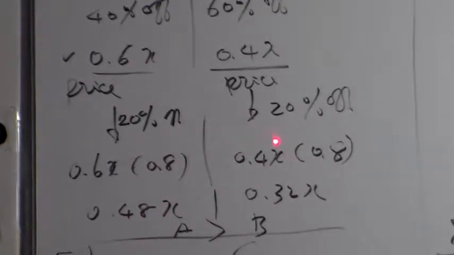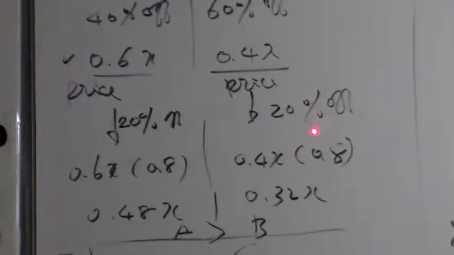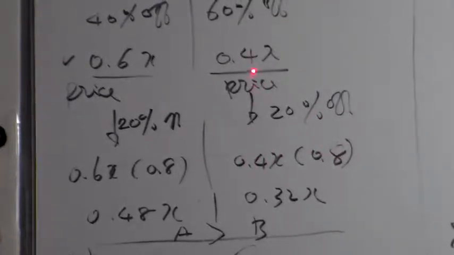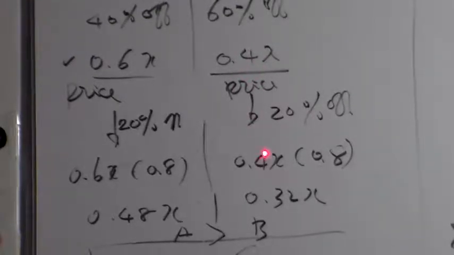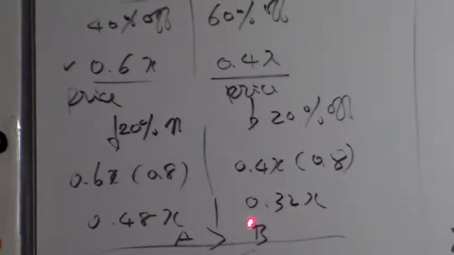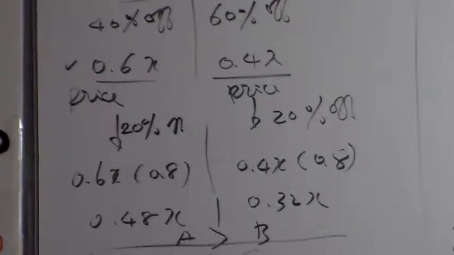B store is also 20% off, so their price is 0.8. So from the original discount to price, 0.4x times 0.8 is 0.32. So A store price is a little higher than B. Okay? Next one